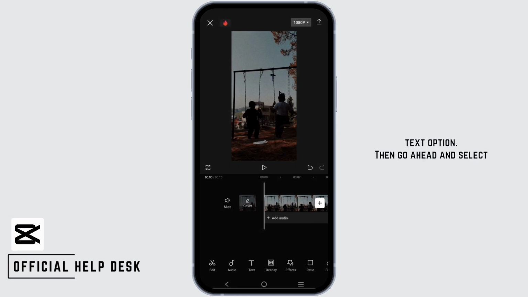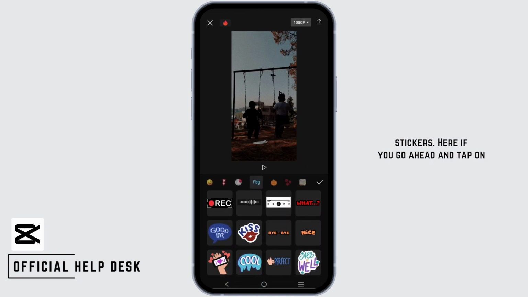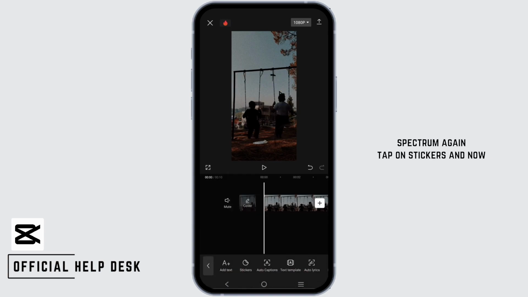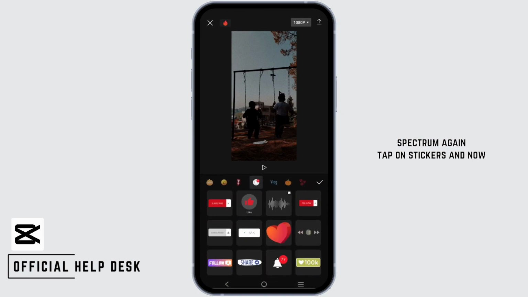tap on this text option. Then go ahead and select stickers. Here, if you tap on this bell icon, you will see there is an audio spectrum, however it is intact. If you want it as a movable audio spectrum, again tap on stickers, and now from